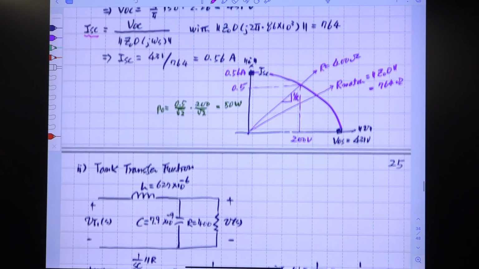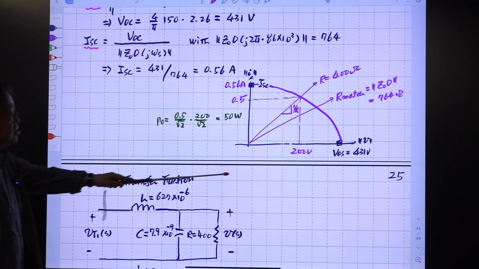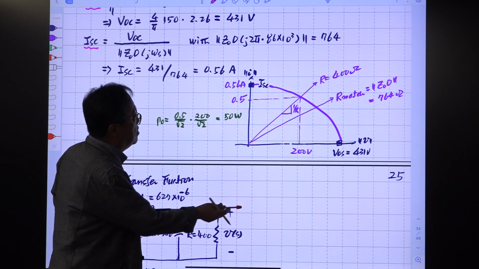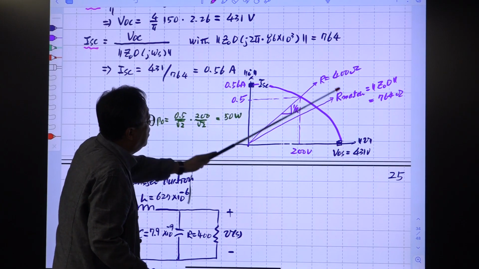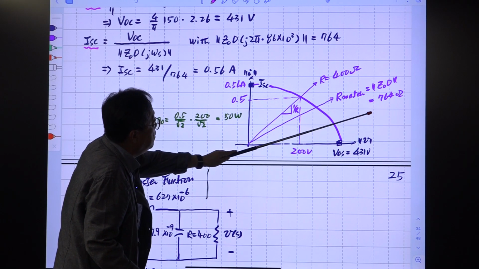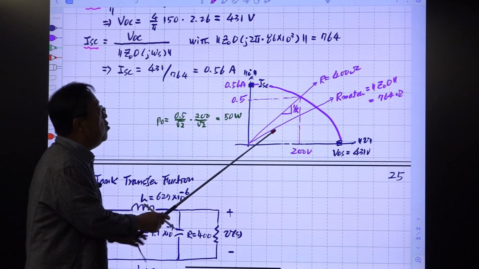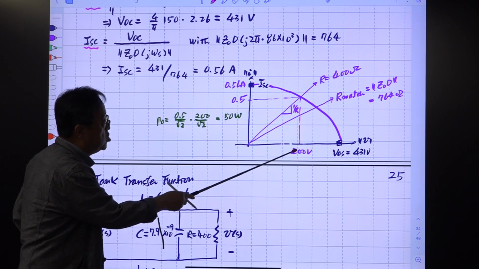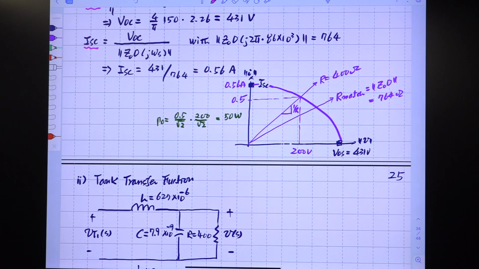This is the inverter ellipse, shown here. So VOC, the open circuit voltage, is this one, then the short circuit current, and this is the matched current, the matched load with this one, which is the 400 ohm here. So we know this. This is the peak value of the output voltage, and this is the peak value of the output current.